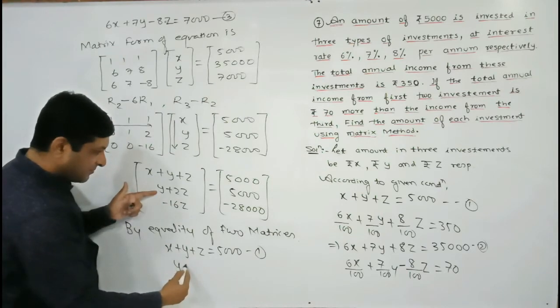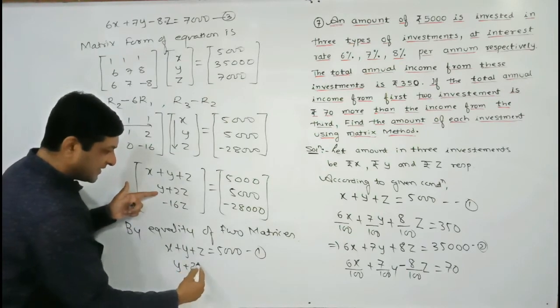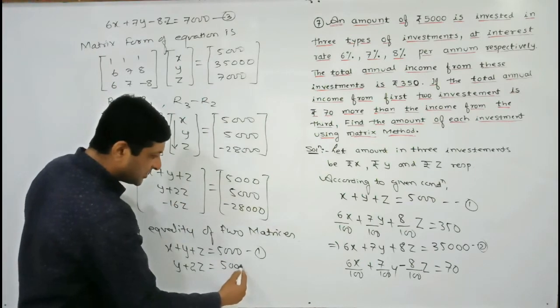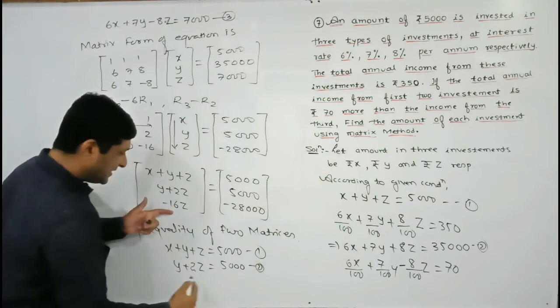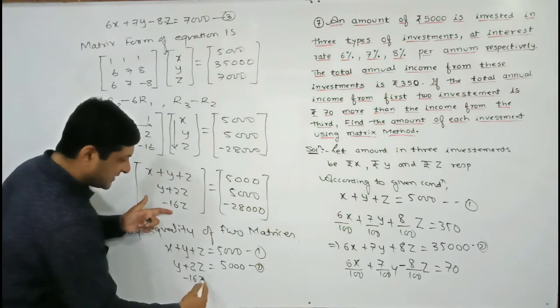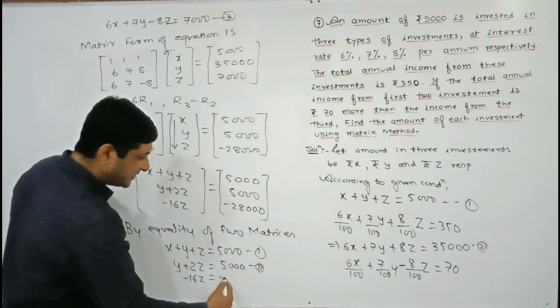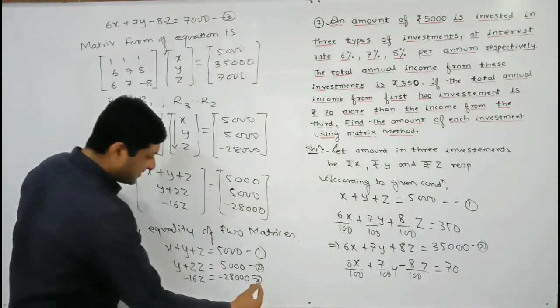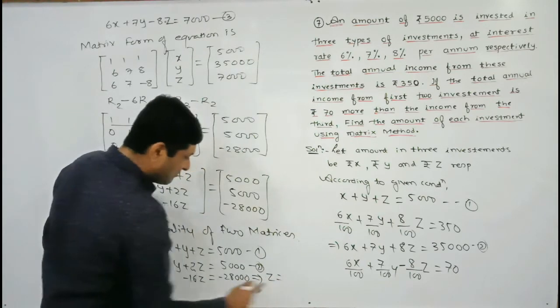Then y plus 2z will be equal to 5,000, denoted by equation number 2. And lastly minus 16z is equal to minus 28,000,